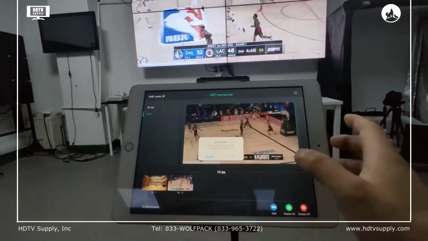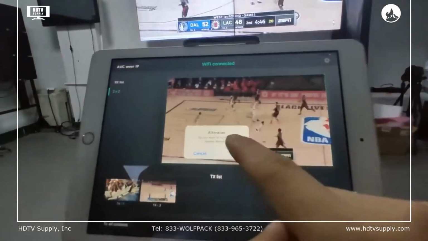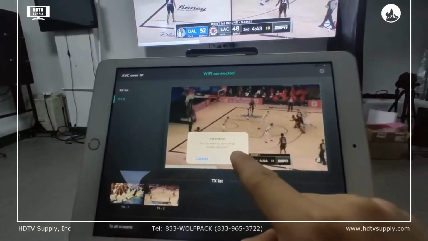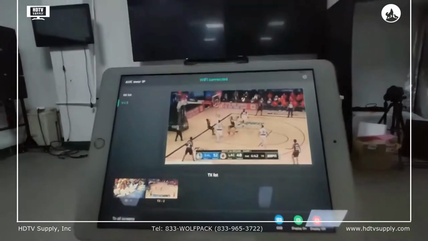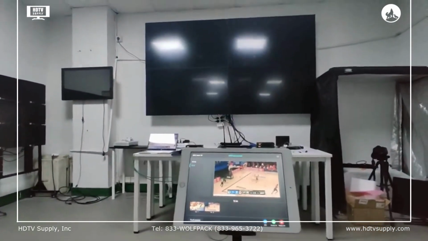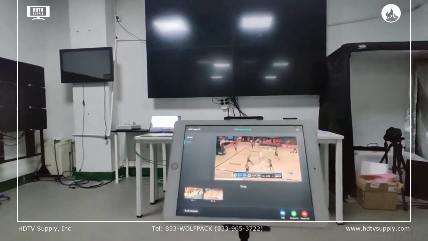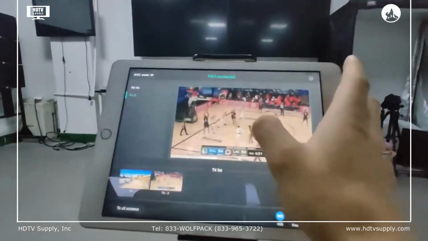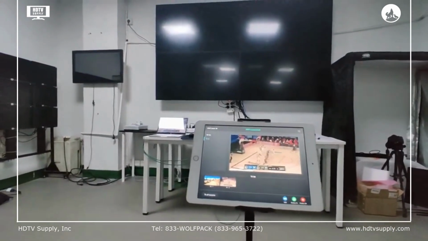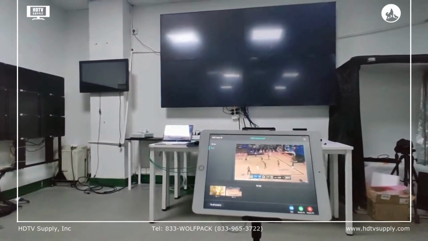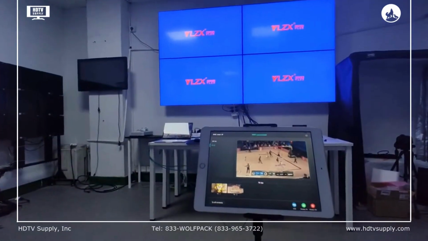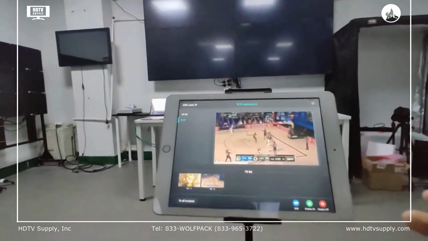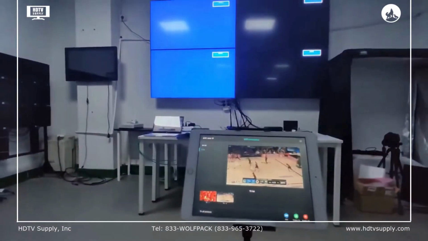If we click display off, then you will have this window here. Once we click OK, then we can see the displays are off. If we click display on here, then we can see we will get the display power on. So this one just uses the AV over IP system to turn on and turn off the